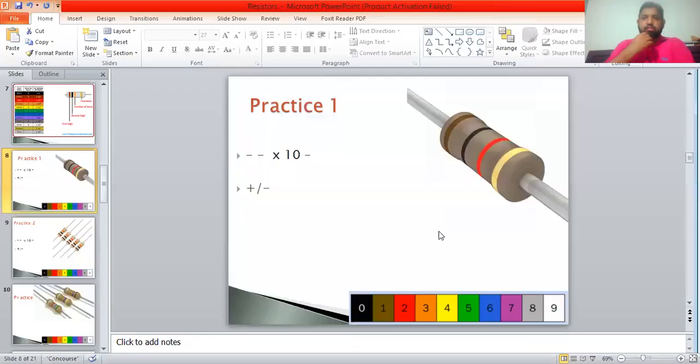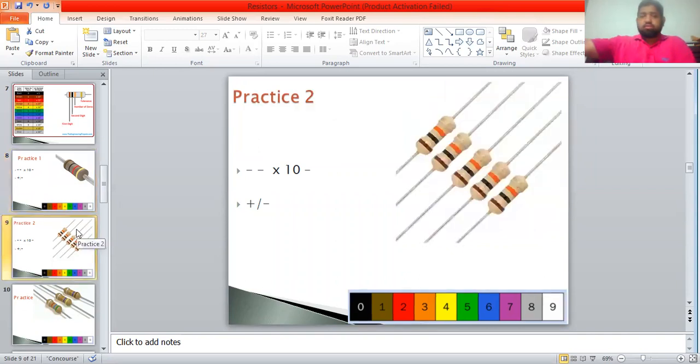Okay, we were discussing some practice questions related to decoding the value of resistance on a resistor with the help of color bands. I'll share a couple more questions, then I'll be sharing a past paper question too, and the power rating of the resistor. So, second example, we can discuss this one.